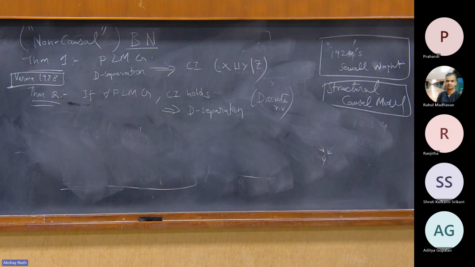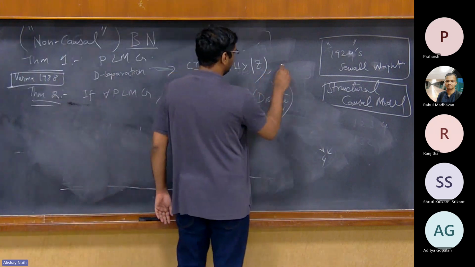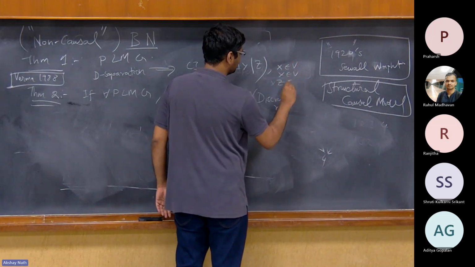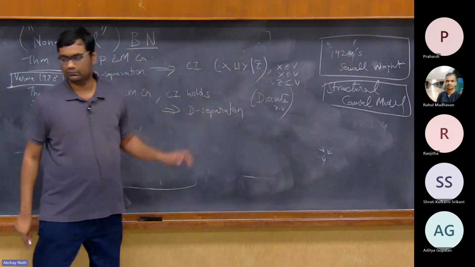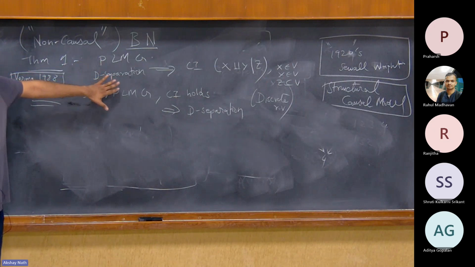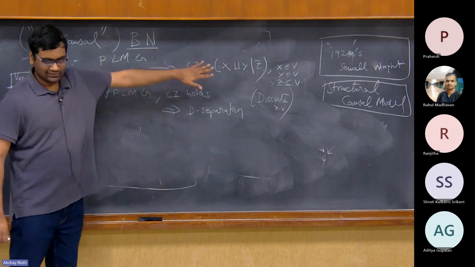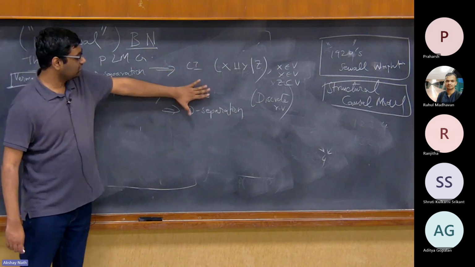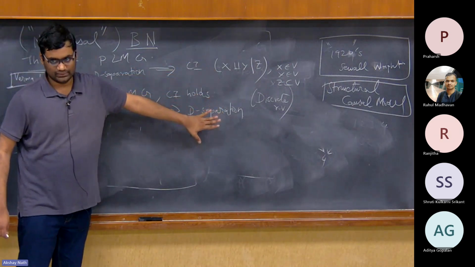Sorry, d-separation, what is Z with respect to? Z, these are all subsets. Like X belongs to A, Y belongs to B, Z is a subset of observed variables. So P is locally Markov with respect to G. Whatever I'm going to say, which I have not said yet, implies conditional independence. And over all distributions in G, if some conditional independence holds, then it implies d-separation.